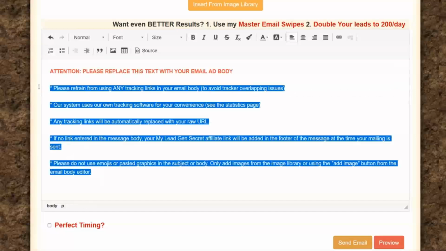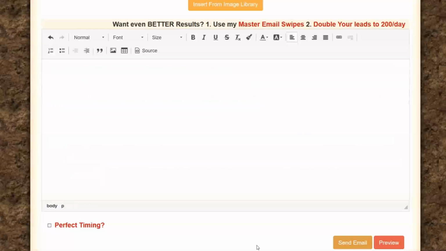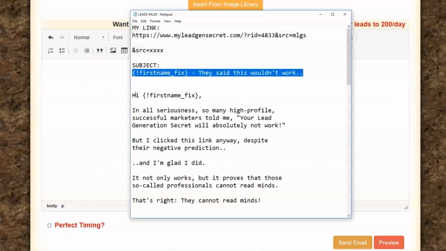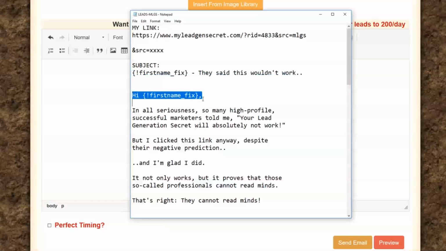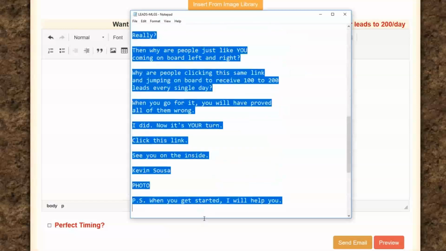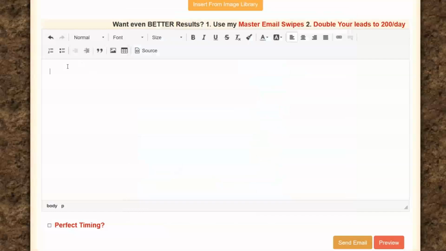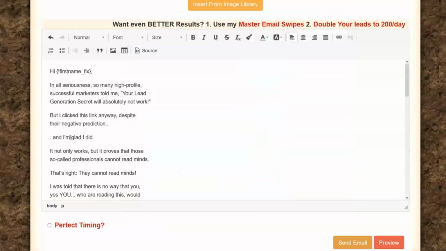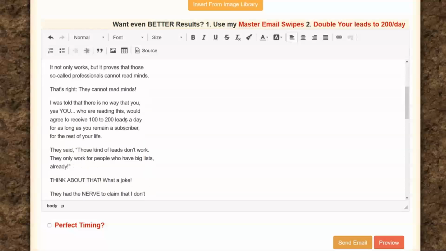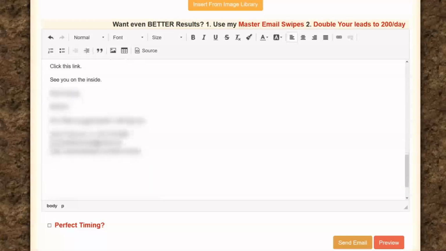So you want to delete the text that's in there. Go back to your notepad and I like to say hi, first name, comma, see? And then I made an email, which I'll go over in a second, and I'm going to copy it all, and I'm going to paste it right there in the body. Wow, there it is. Hi, first name. So if the guy's name is Charlie or the gal's name is Mary, it's going to populate that when it sends the email. Now, what I'll do just for the heck of it is I'll read this email to you